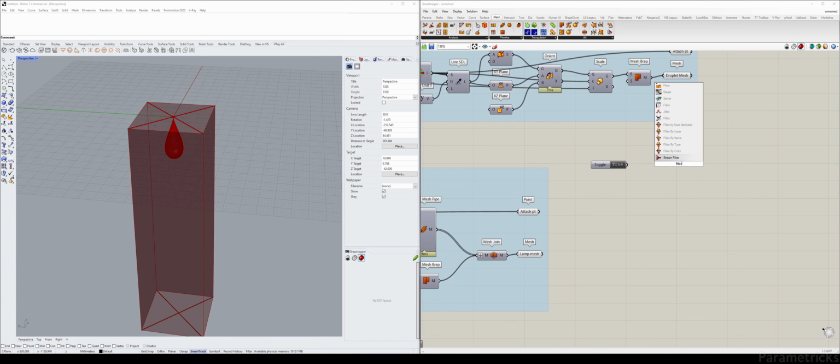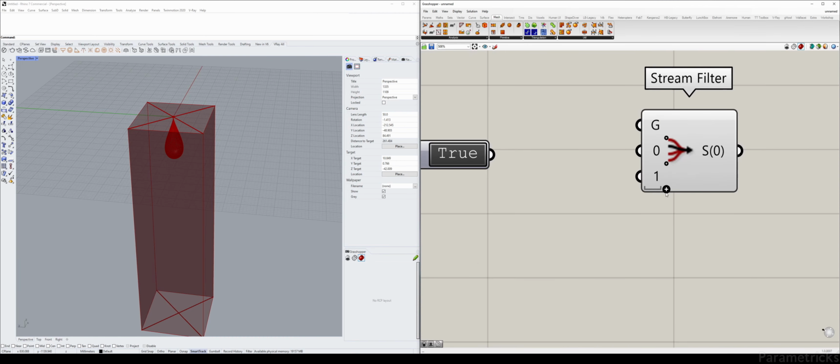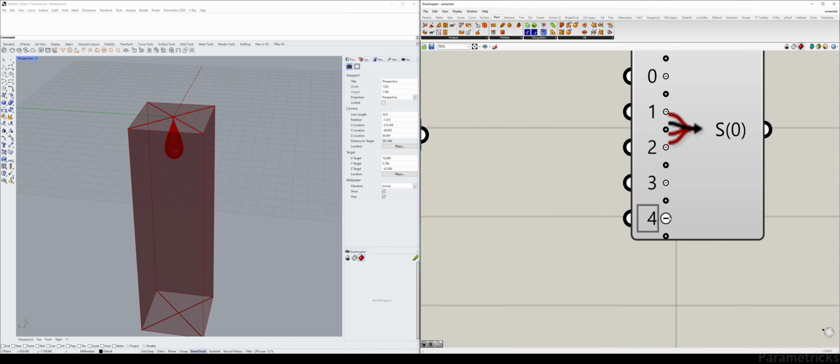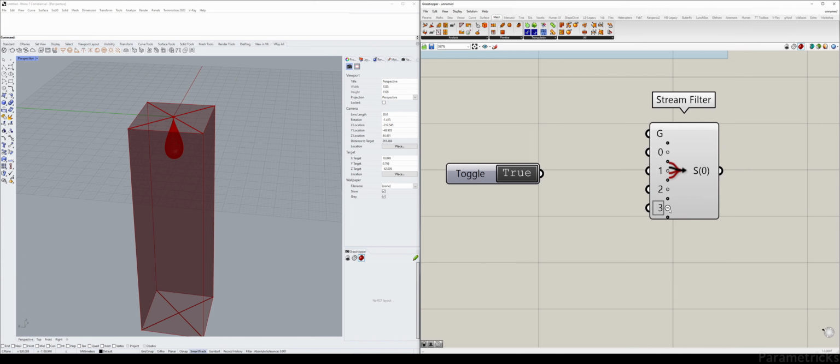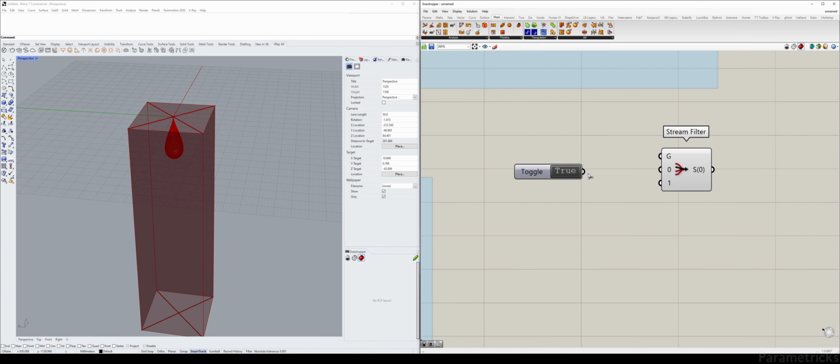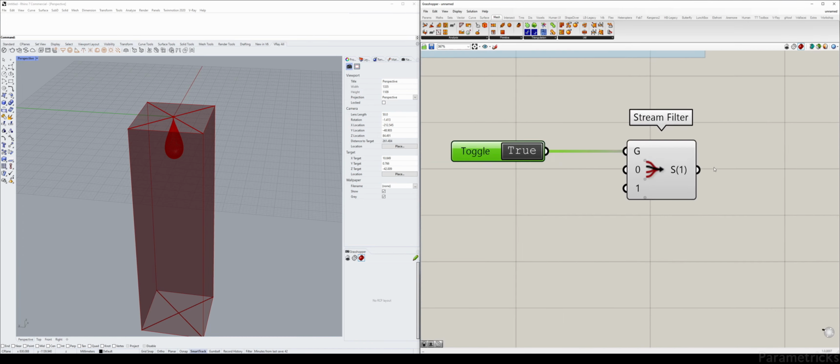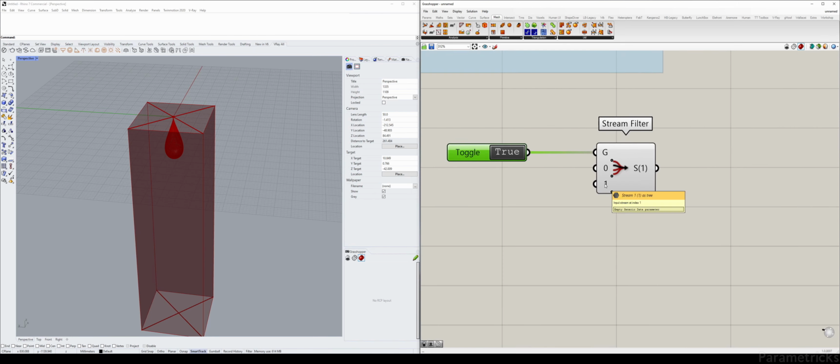And then in the end, we can do the filter gate. If you have more, like I said, you can zoom in, you can click on these plus signs to add your different models to it. So this one goes here. Now it's true, so meaning whatever comes in 1 will be outputted by the S on the output as denoted. So if I go to false, which will be this one,